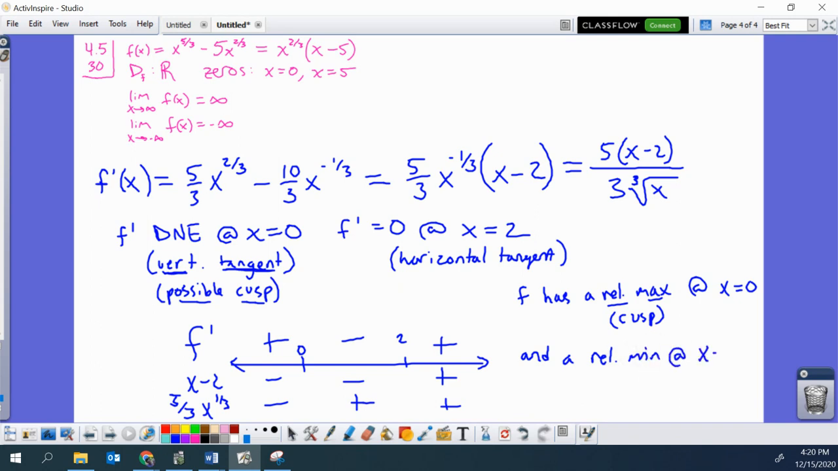at x equals 2. And if I was writing this on the AP exam, I would justify these answers. I would say f has a relative max at x equals 0 because f prime changes signs from positive to negative there. And f has a relative min at x equals 2 because f prime changes from negative to positive there. Meanwhile, I'm actually